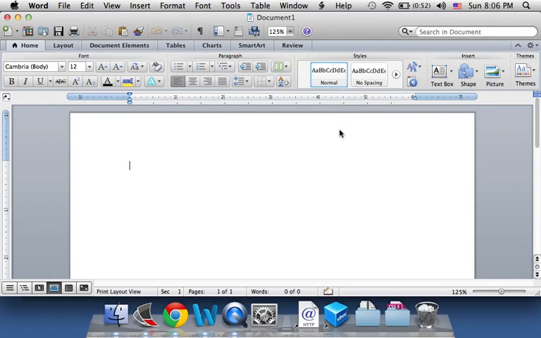So, okay, these are a few tips that you can use to maximize the battery life on your Mac,